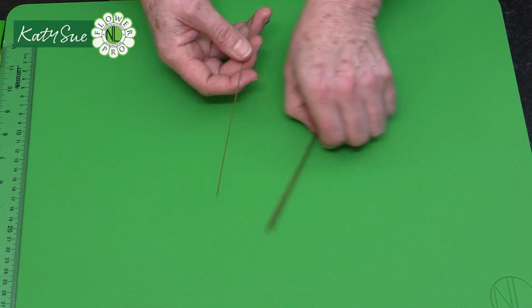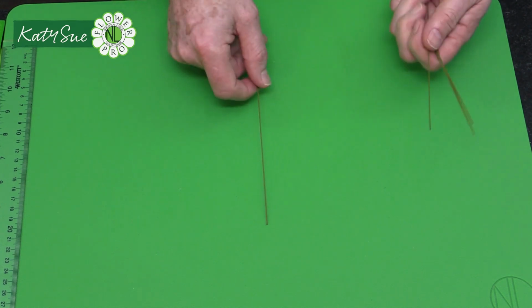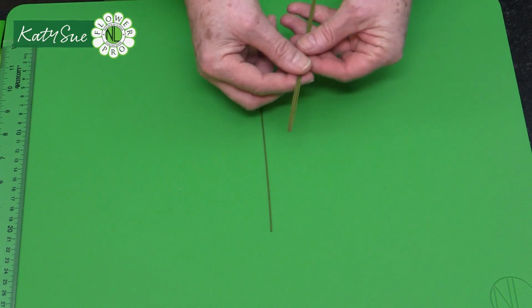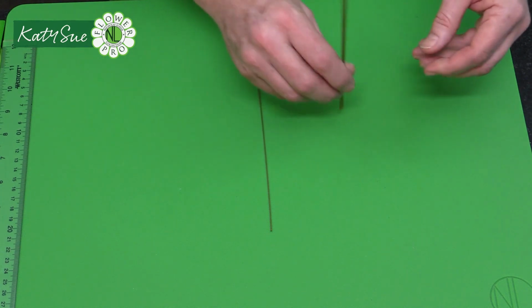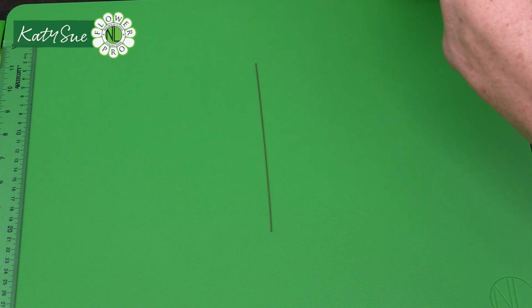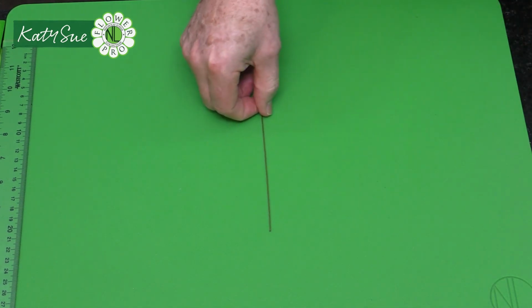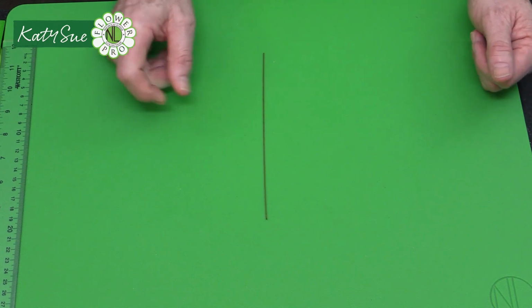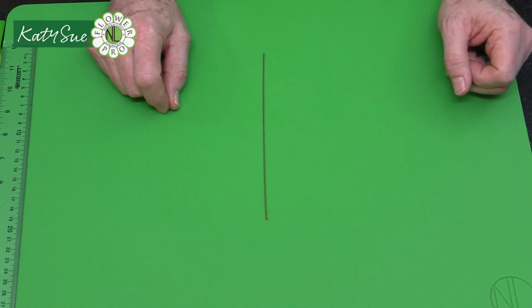Now, we're only going to use one of these for this first part of the magnolia. In the second part, we will be adding these extra wires to the magnolia stem. Some of our members have asked, when you're working with air drying clay, do you need to use such a strong wire? And the answer is no,